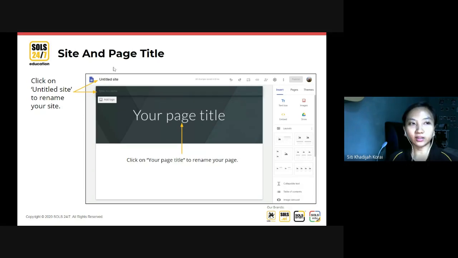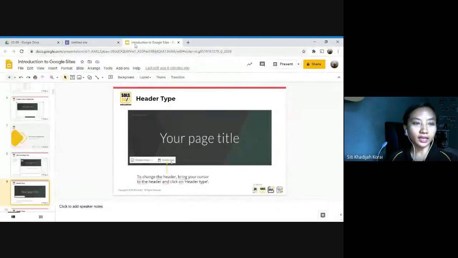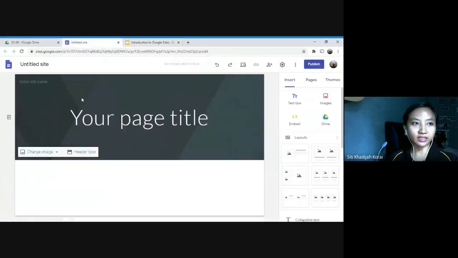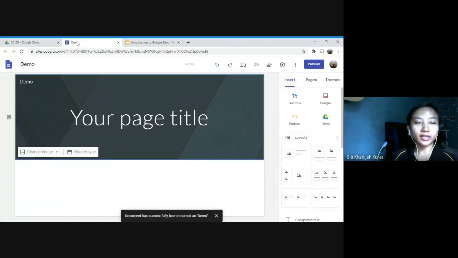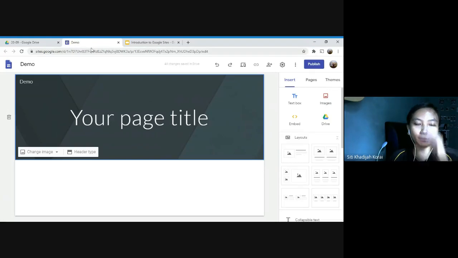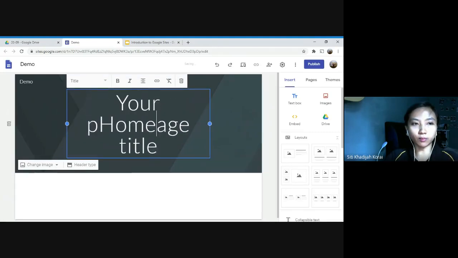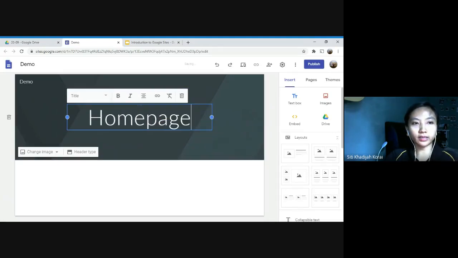Later on, let's just close this one. If you give a name here on the untitled site, it will come out here. Here, you can see the title, untitled site. So let me just rename my file as demo. You can see here the name changed into demo. It means that your site is named demo. This one is just your page. So this is the main page, this is the home page,